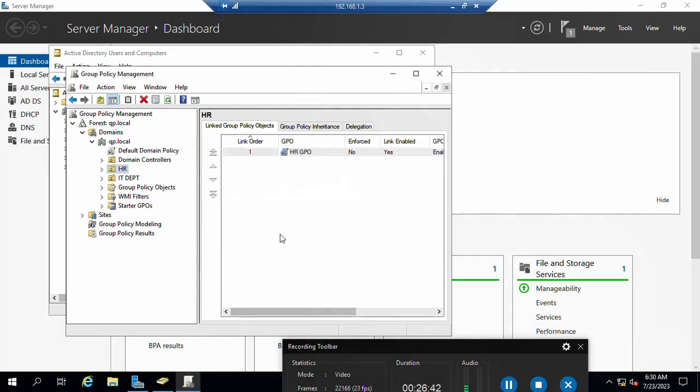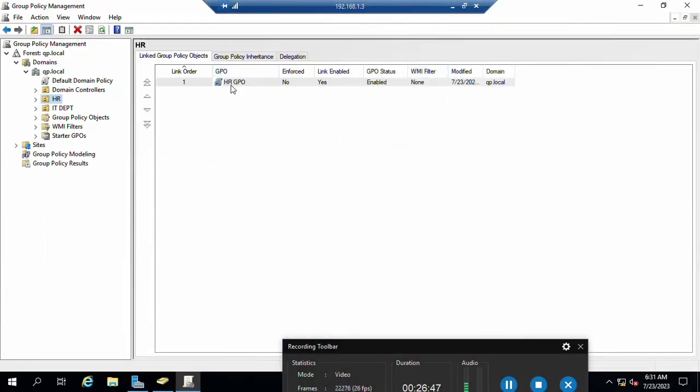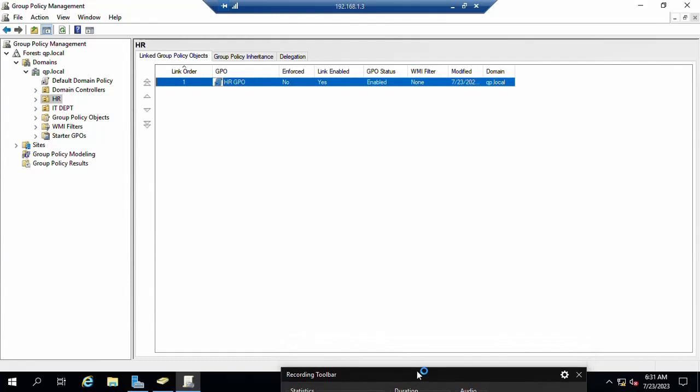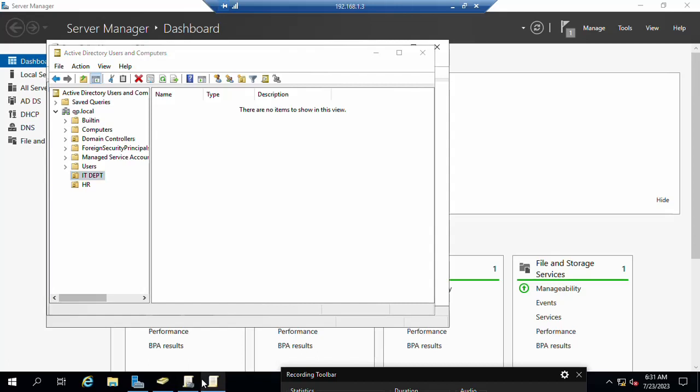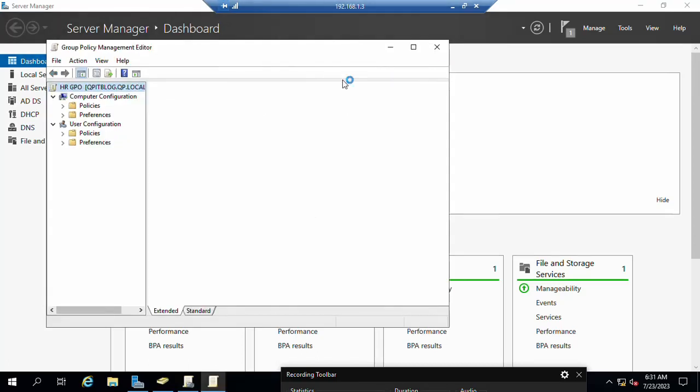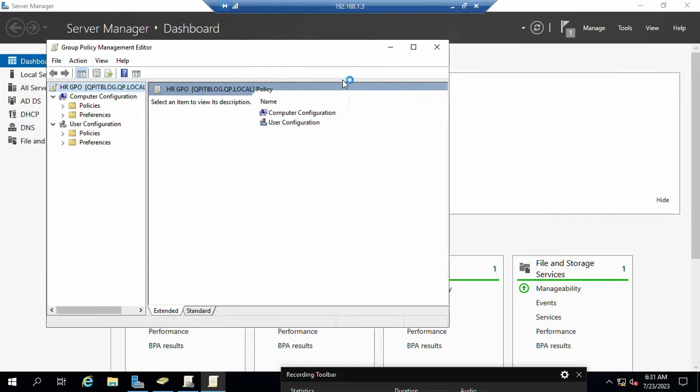Just click OK. Once you click OK, you just need to right click and edit this. Just click on edit. It will open in a new pop-up window, a new dialog box. Once the dialog box is open, you can check here, the new dialog box is open. What kind of policy do you want to assign to this user? So here, suppose in the administrative template, I don't want this user